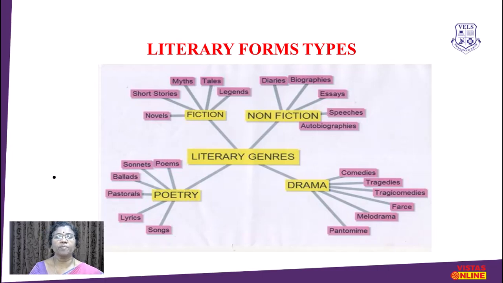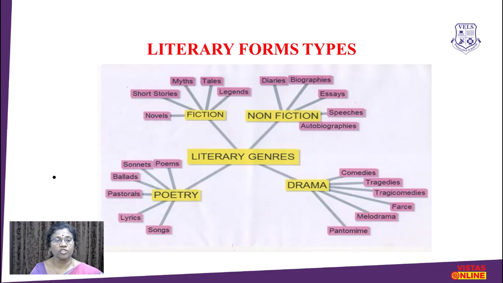And if you look at this picture, probably this will help you to understand what is what in detail. So literary genres are classified into 4 major divisions. First is fiction, second is non-fiction, the third one is poetry, and the fourth one is drama. What is fiction? Fiction is nothing but imagination. Imaginary writing or imaginary creation of a writer is called fiction. A non-fiction is not imaginary, but it's a real fact. It talks about the facts.